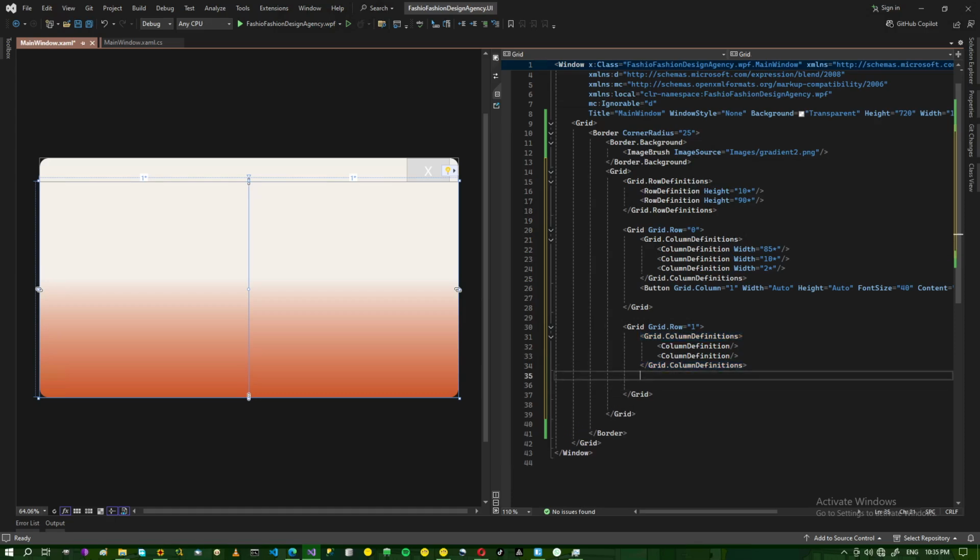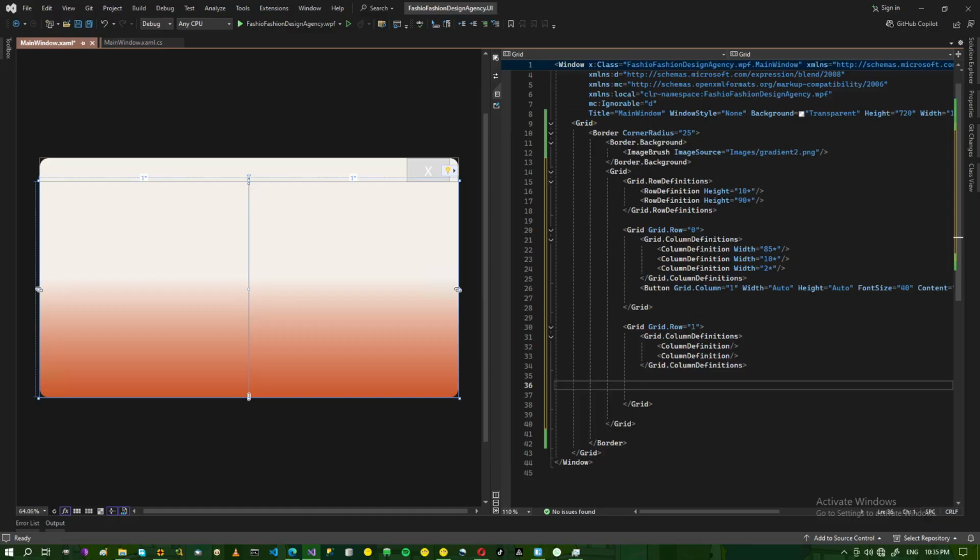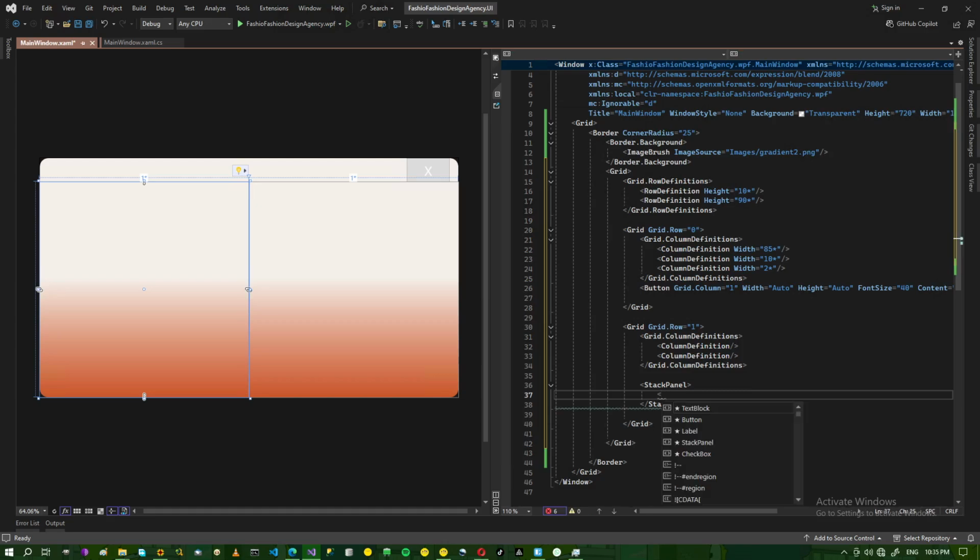Let me see. Okay, so the image is there. Okay, let me do this first. So stack, okay, so let's use the stack panel. Then let's add an image control. An image, then we'll say source, then